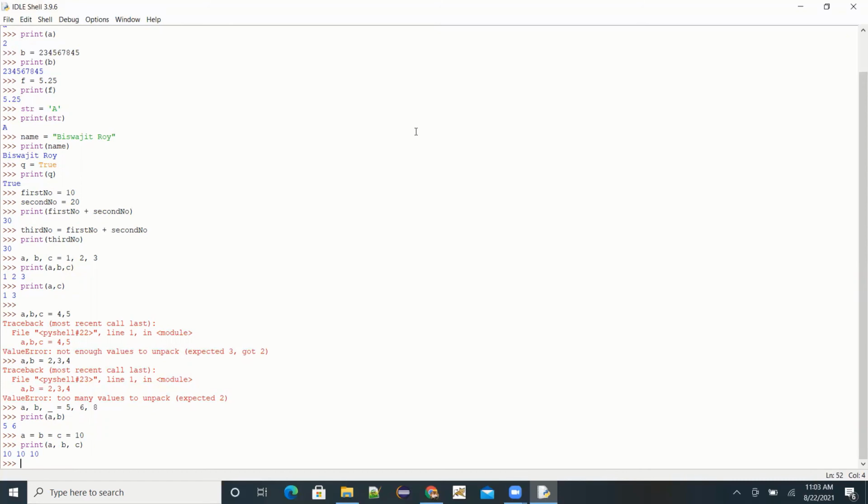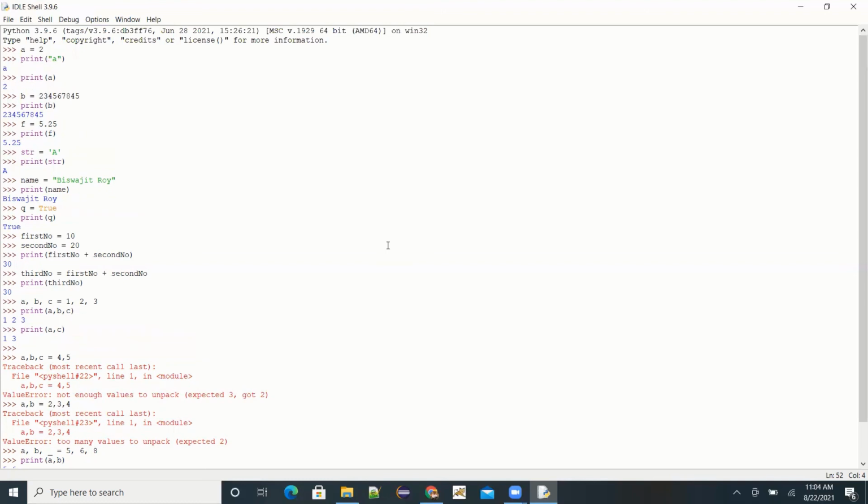Okay. So I hope everything was clear to you all, how to declare a variable and assign values to the variable. So what you need to do, as per how we saw, you need to practice it.